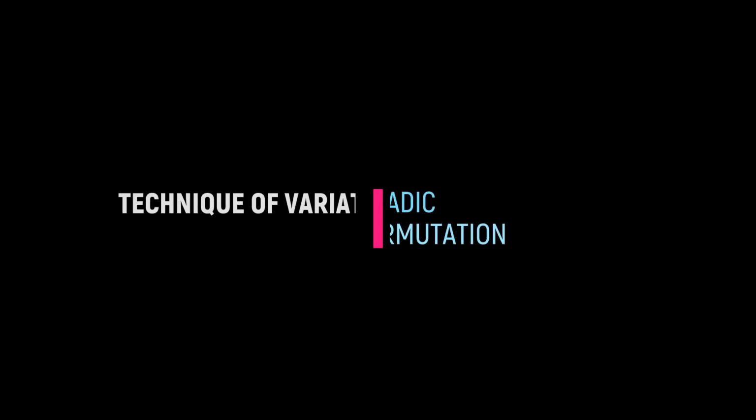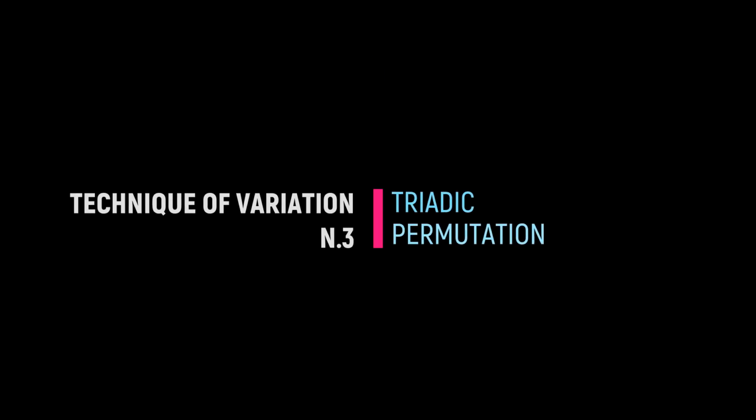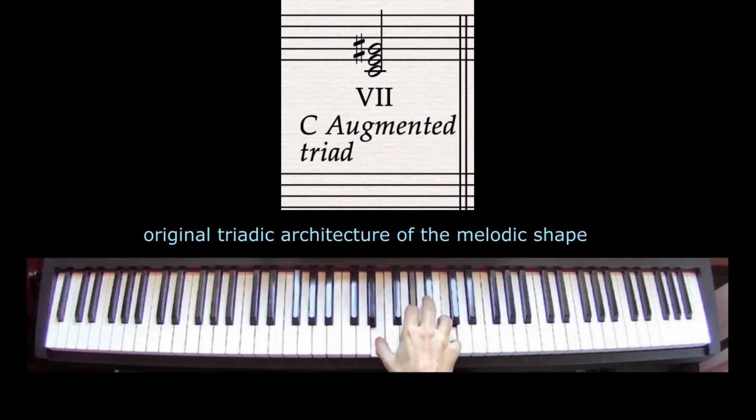Now I want to discuss technique of variation number 3. Triadic permutation. It consists of applying triadic permutations to the original triadic structure of the motive. In this specific case, it consists of transforming the augmented triadic structure of the motive, this is the original triadic architecture of the motive, into major,